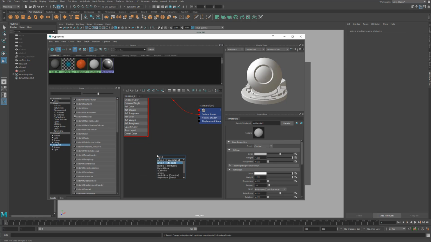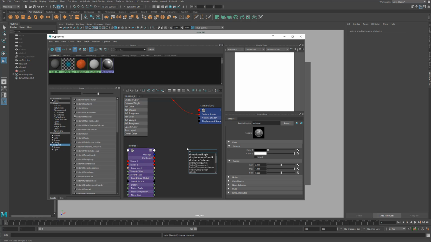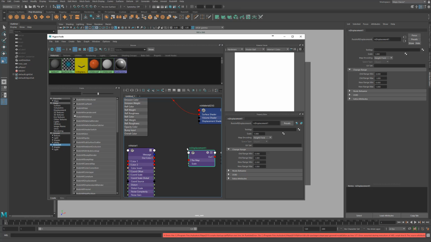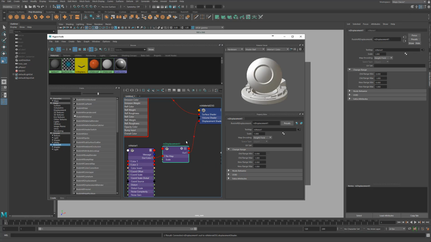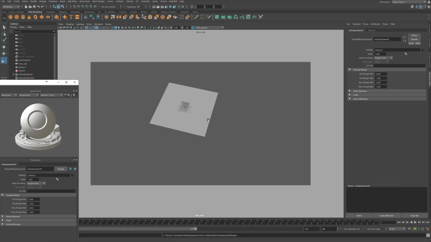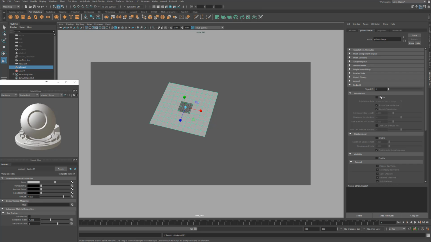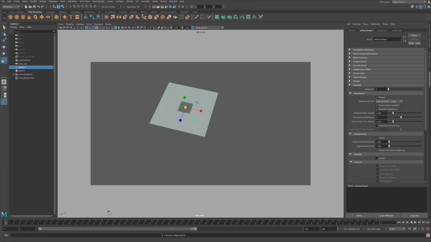And with the Redshift noise, we're going to just add a displacement node, and we're going to connect that in to our displacement, and then we're going to just assign this shader to our plane object. And we need to add the Redshift properties, tessellation and displacement. And in there,